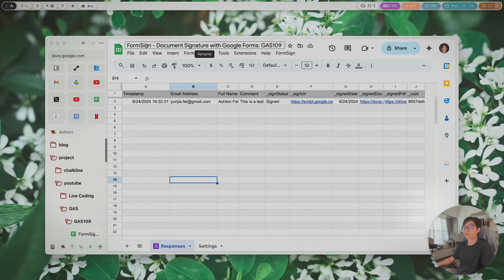Today I'm going to share a new project, and I'm going to call it Form Sign. What I'm planning to do here is to send a sign request with Google Form, and the user can then get a link to sign the document. Basically, it's a Google document on your Google Drive, and we're going to send this with Gmail, and all the data can be saved to your Google Drive,